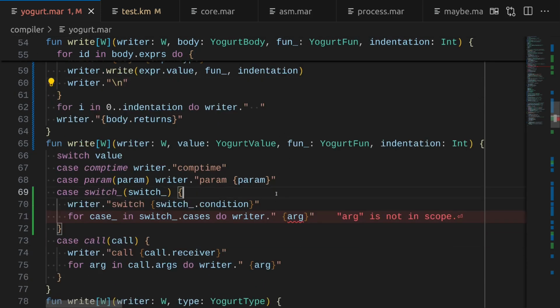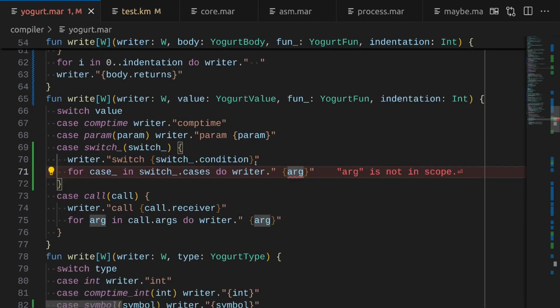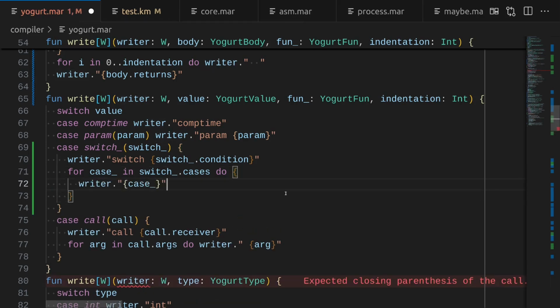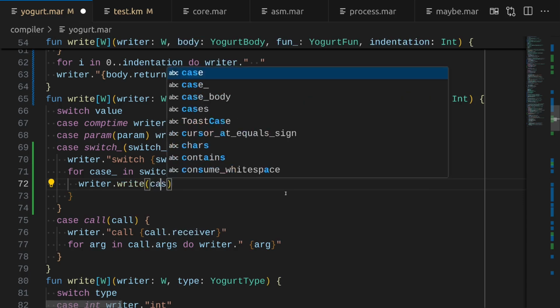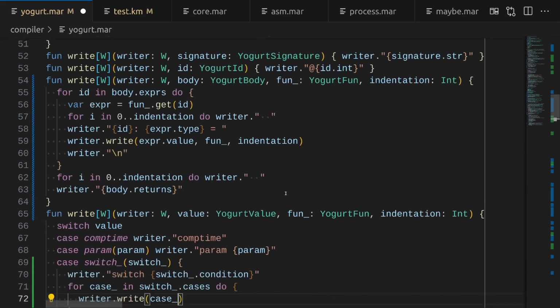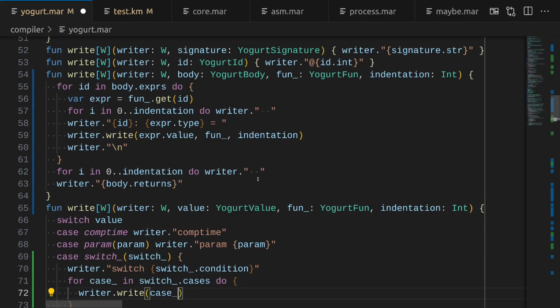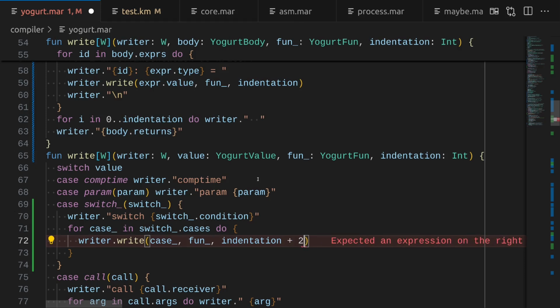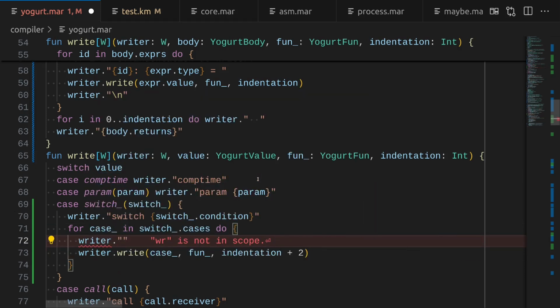Right, here we have argument, and of course we don't print it like this, because this is not an argument, this is a case, and in general the case doesn't get printed like this. You just say write the case, which is a body. Basically we want to call this up here with fun and indentation +2, because we also write